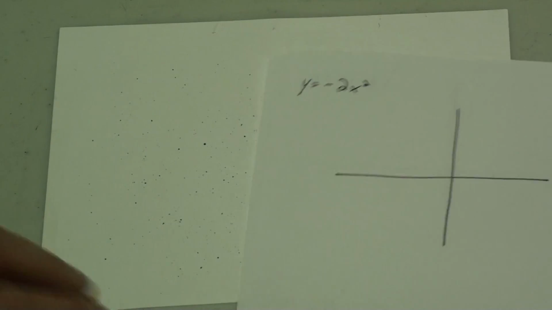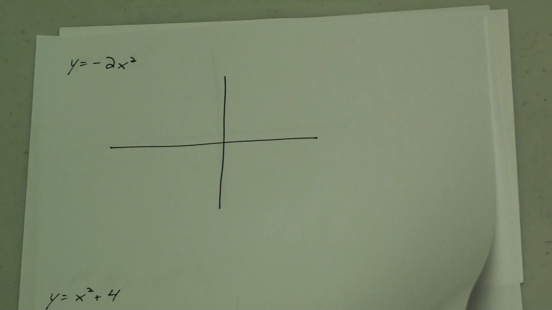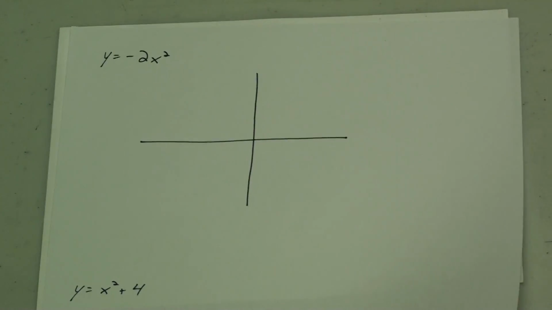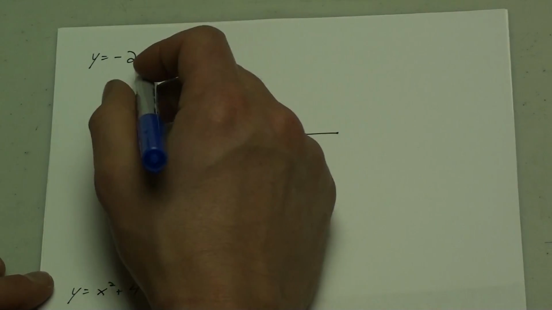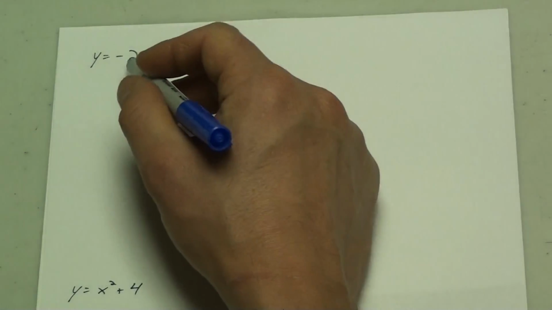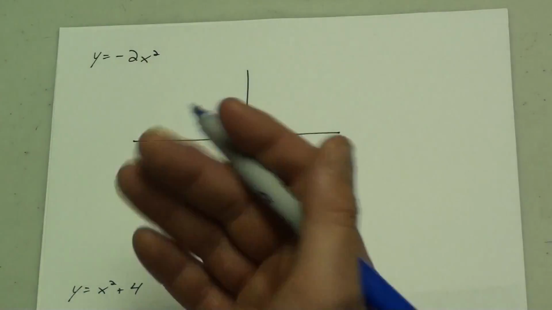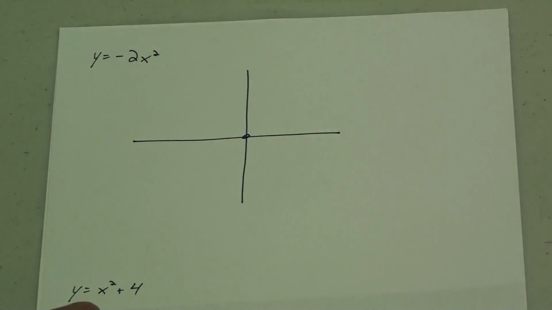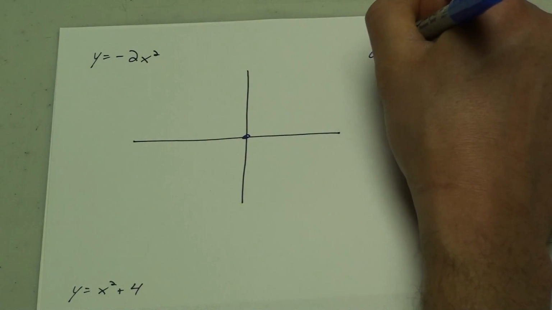Let's take y equals -2x squared. Same idea. If I put in 0 for x, I'm going to get 0 for y. That's my vertex. In this case, because of the negative, it's going to open down. And again, my step pattern is going to be multiplied by 2. So it's going to go over 1,